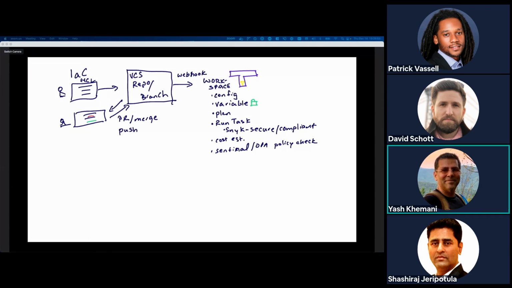So if all of those things check out, right? If our plan is valid, if our run tasks that are mandatory pass, if our Sentinel policy check passes, or if there's a soft mandatory violation that someone with appropriate authority approves that exception.